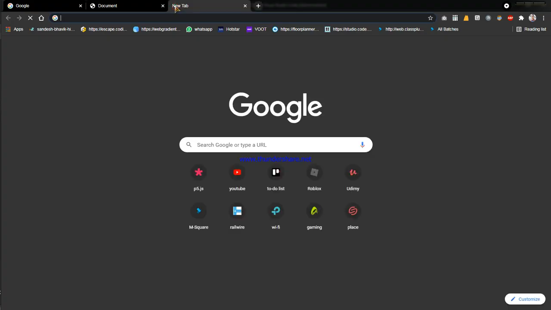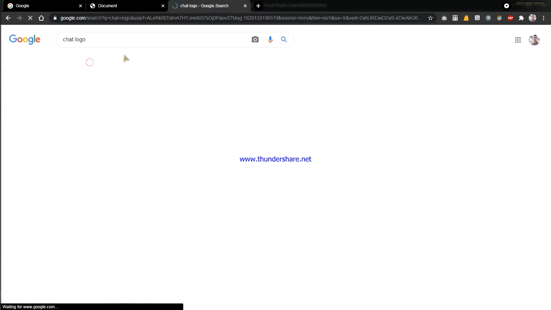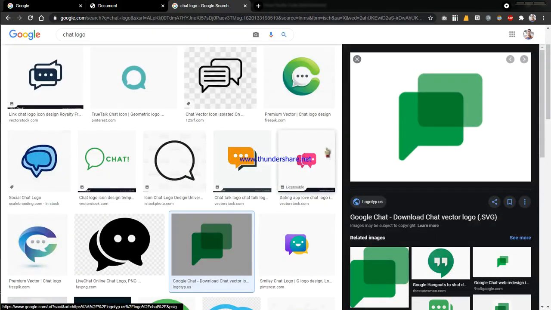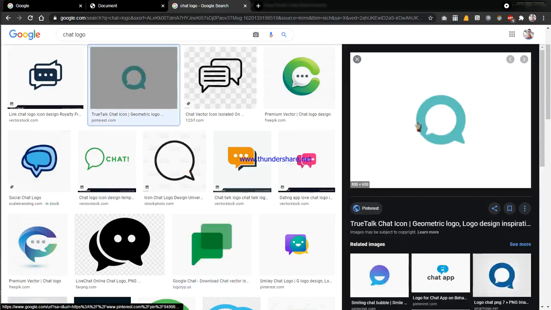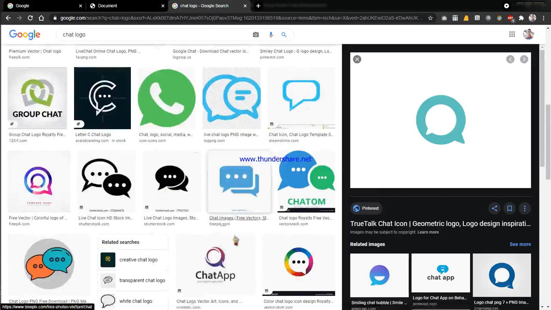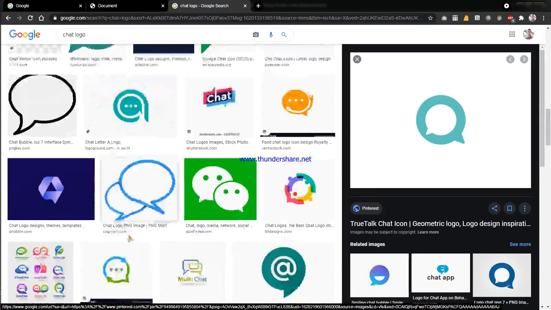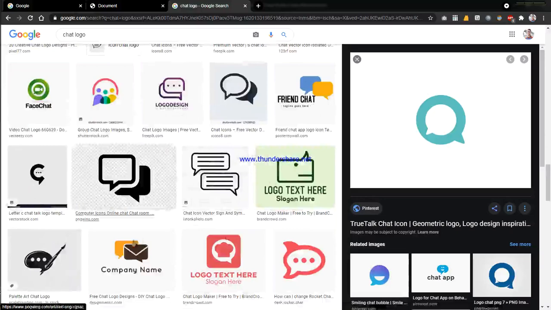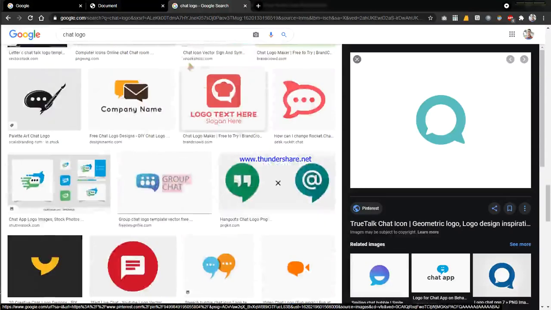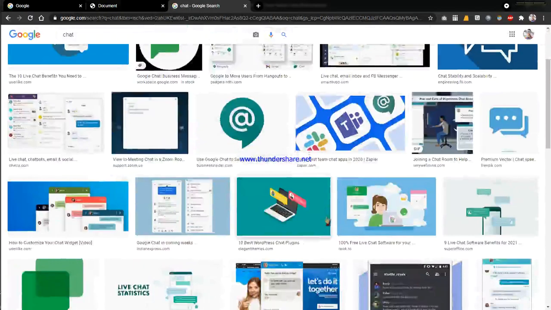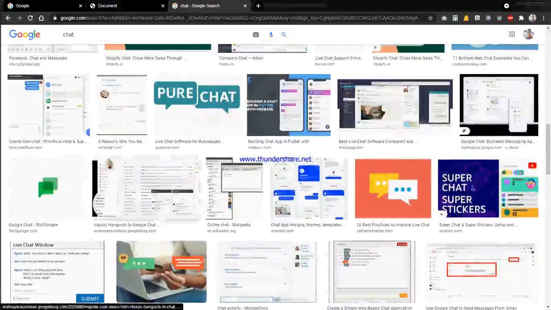So we will find an image, like chat logo online, or just a chat logo without writing in it.